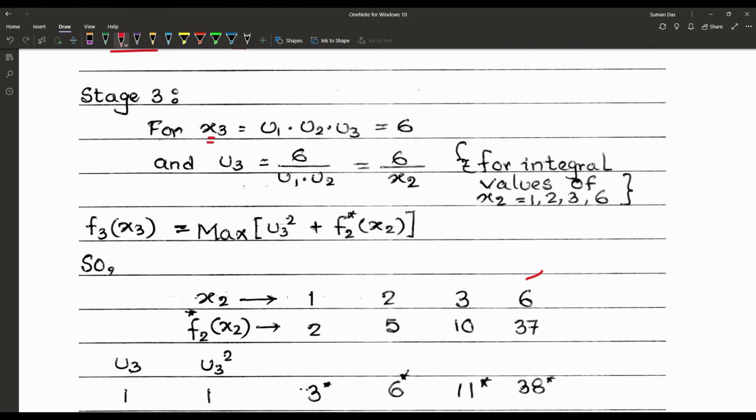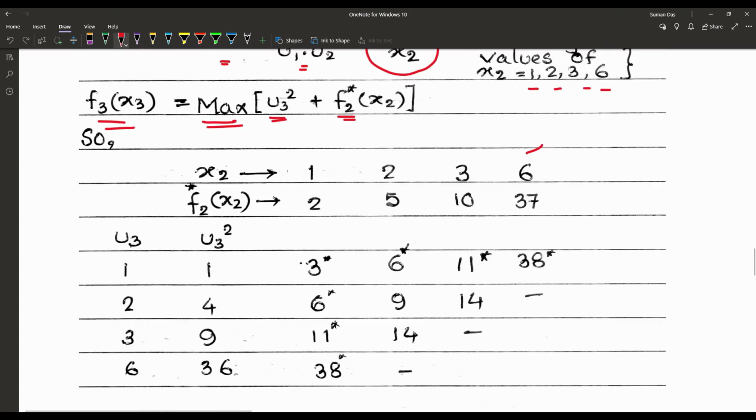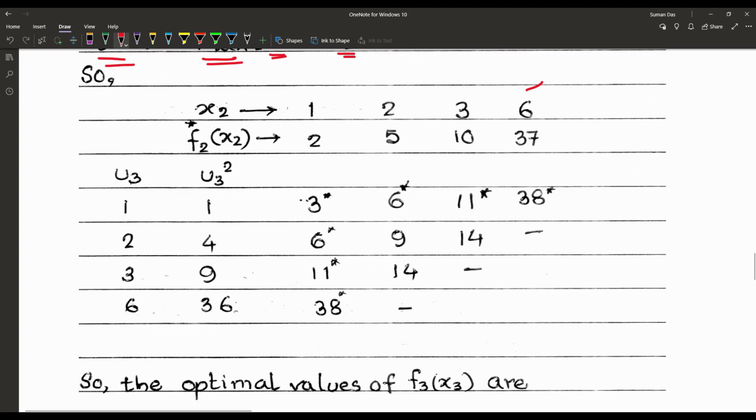Now here x3 is equal to u1 into u2 into u3, so that is equal to 6. So we have u3 is equal to 6 by (u1 into u2), and that one is also 6 by x2, for integral values of x2 1, 2, 3, 6. So f3(x3) can be written as the maximum of u3 square plus f2(x2*). So for the values of x2 1, 2, 3 and 6, we have f2(x2*) equal to 2, 5, 10, 37,